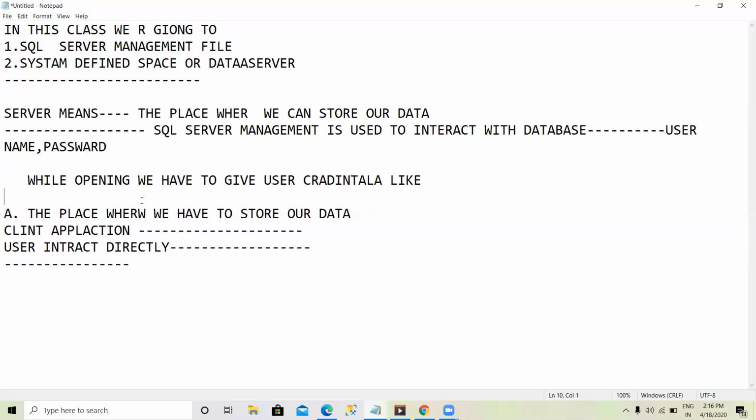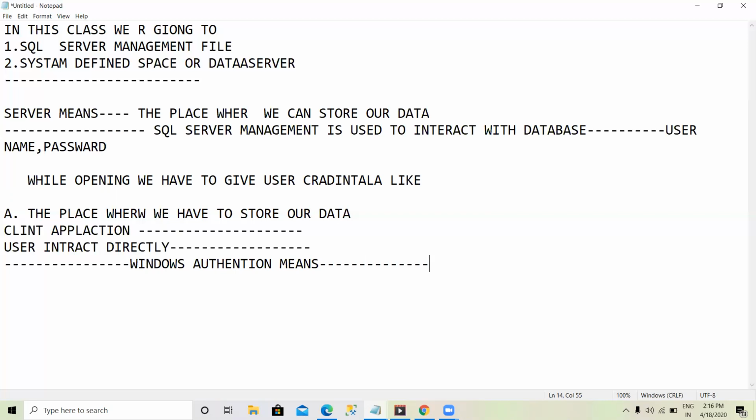Windows authentication is nothing but this: when we connect to the SQL Server database using Windows authentication, we do not need to give a username and password.